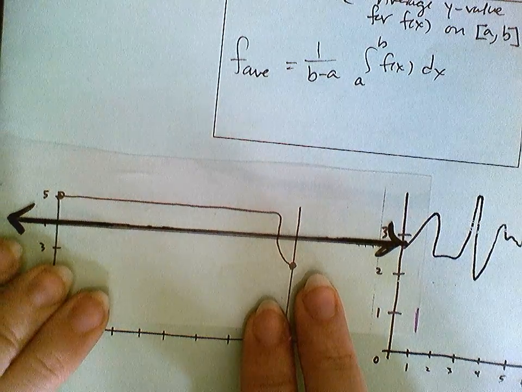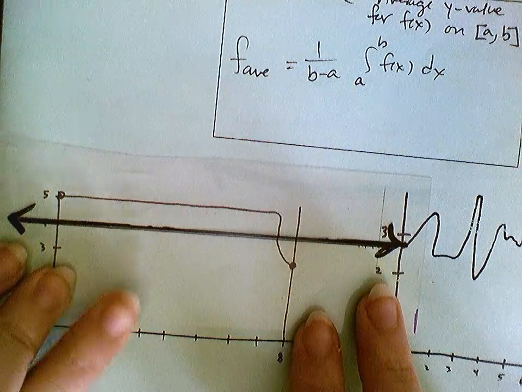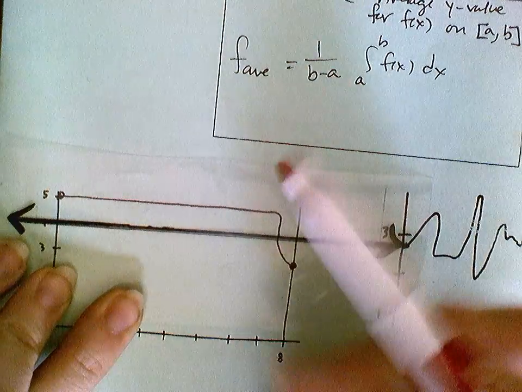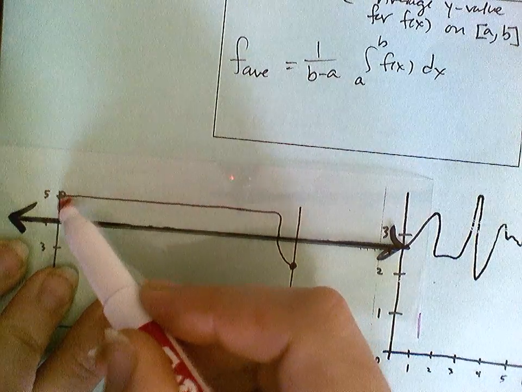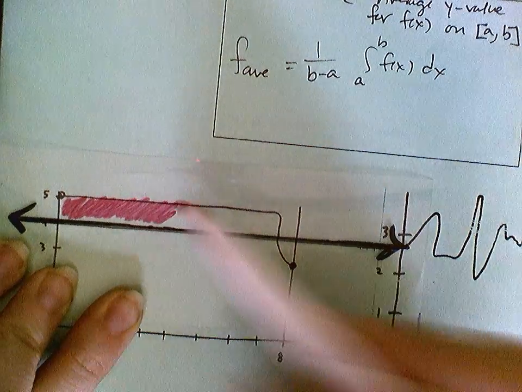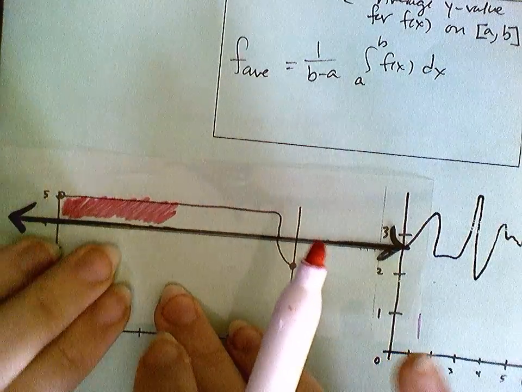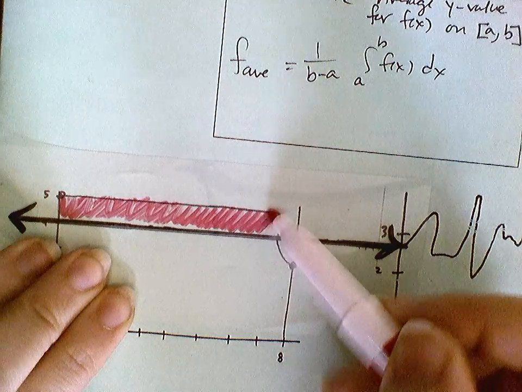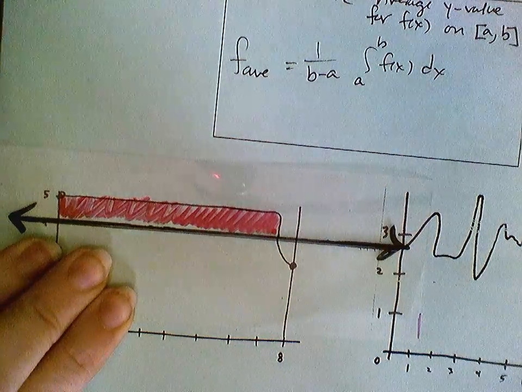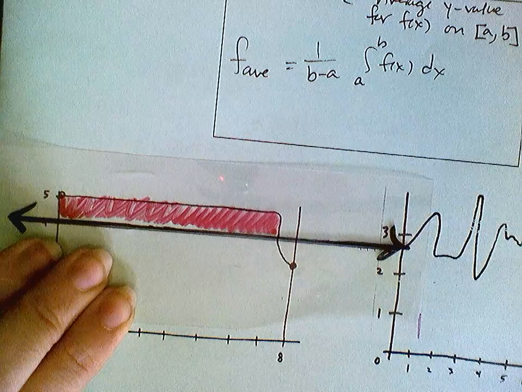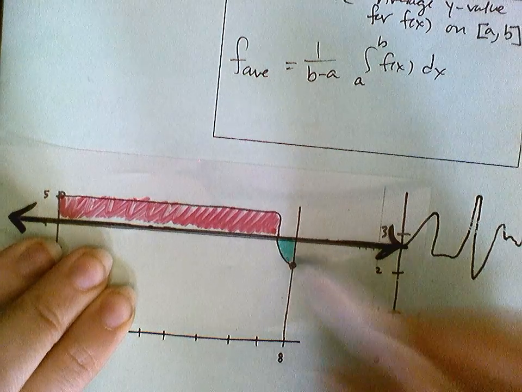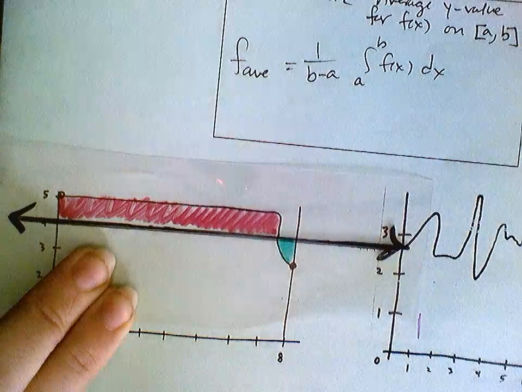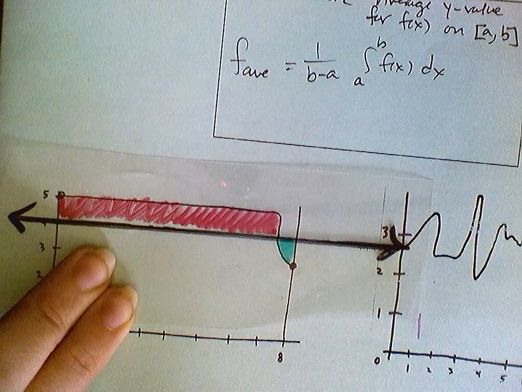So let's suppose I think that the average y value is 4. So I'll do a horizontal line at 4. And I'm coloring the area between my horizontal line and the graph, but above it, I'm coloring that red. And I'm coloring this area bounded by the horizontal line, and below it,